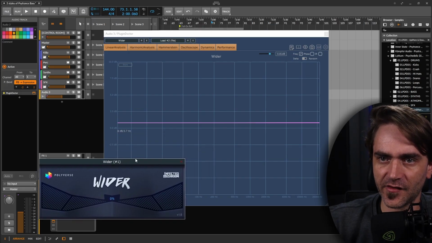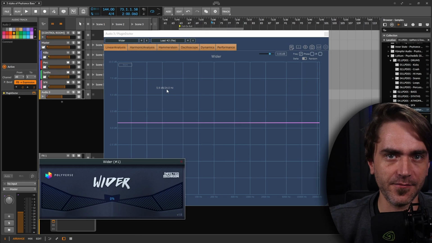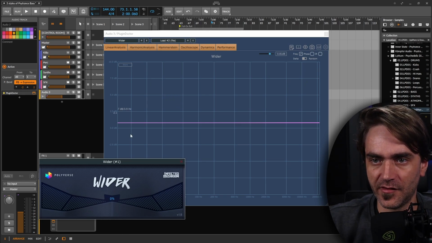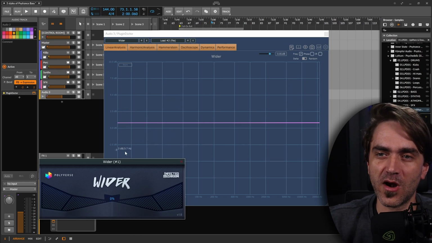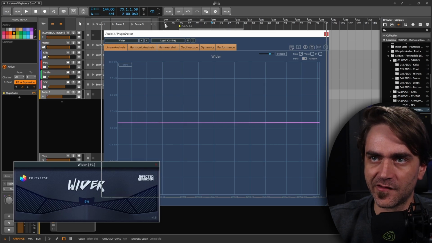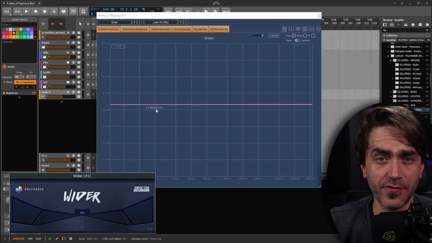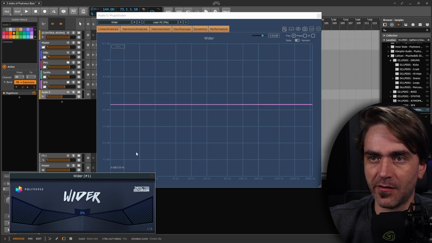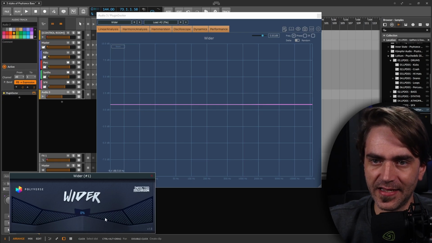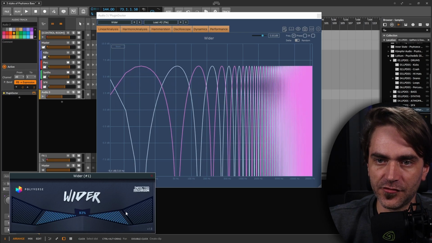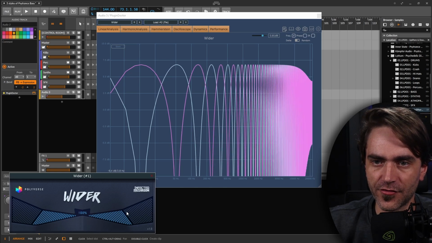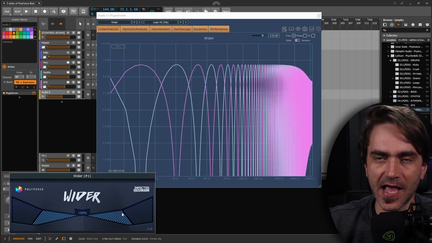So if we just have a look at Plugin Doctor, we're going to Plugin Doctor so I can show you exactly what this plugin does. It's a great tool for being able to visualize exactly what's happening, both with the frequency and the phase of your sound. So if we engage the plugin by turning up this wider knob over here, let's say up to